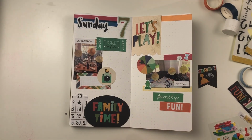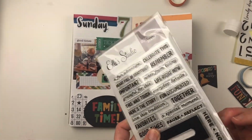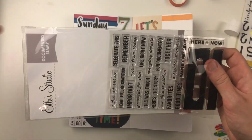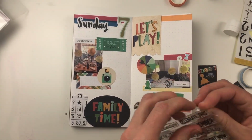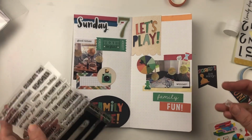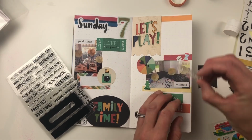Having more ability to put the little bits, and I sometimes think they look really sweet when you have extra little bits. So then I'm getting this stamp set from Ellie's Studio, I believe it is. And I got this particular one from Hey Little Magpie if you're in the UK. They stock a lot of the Ellie Studio stuff. And I wanted to use some of these. I was really struggling. They got really stuck to the backing paper. So I wanted to use some of these stamps, and